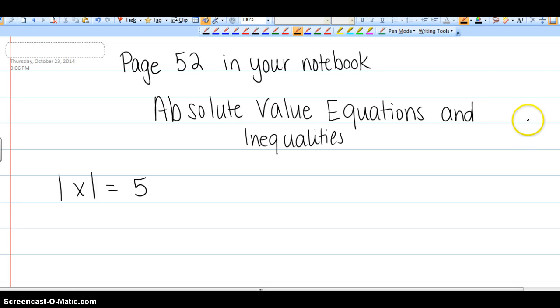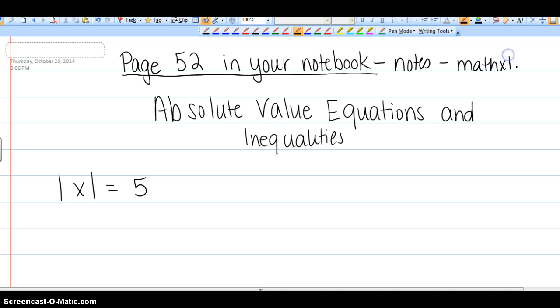Okay, on page 52 in your notebook, you need to turn to that page. You're going to take down some notes. And once you complete these notes, you should be able to finish up the Math Excel assignment that I gave you the other day. Remember, it's mathexcelforschool.com, okay? So you should be able to do all 25 problems